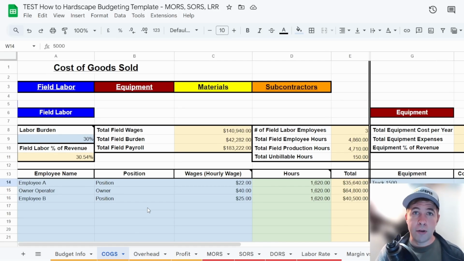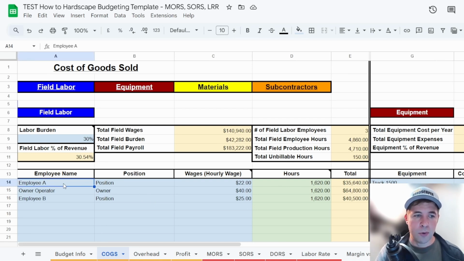So if you take your revenue or sales, total sales, and you minus your cost of goods sold from that, that would give you your gross profit. And then to get your net profit, you would then minus your overhead to give you your net profit, whatever the business has made. So for our cost of goods sold, we're going to come down here